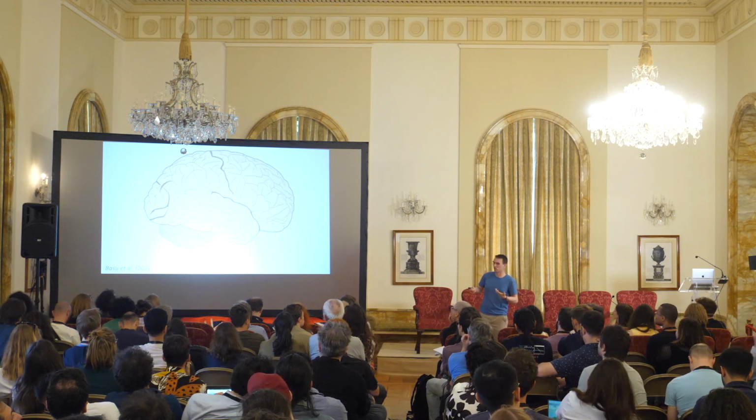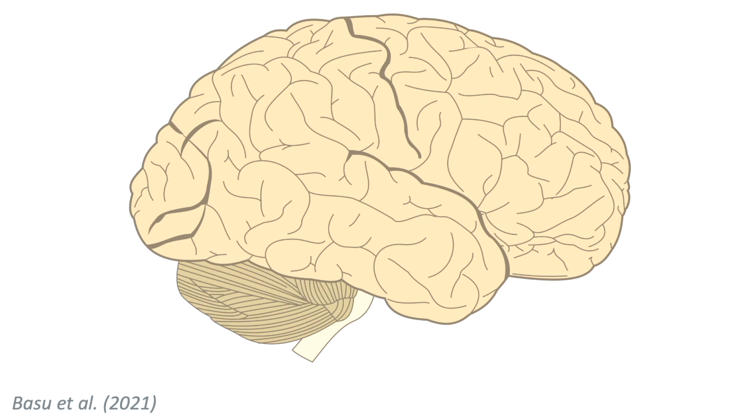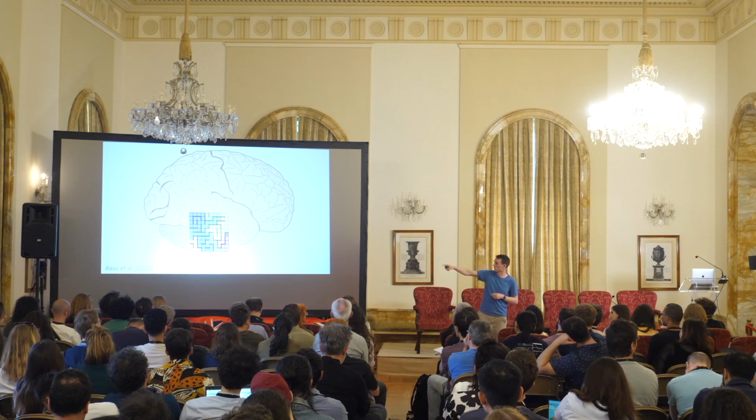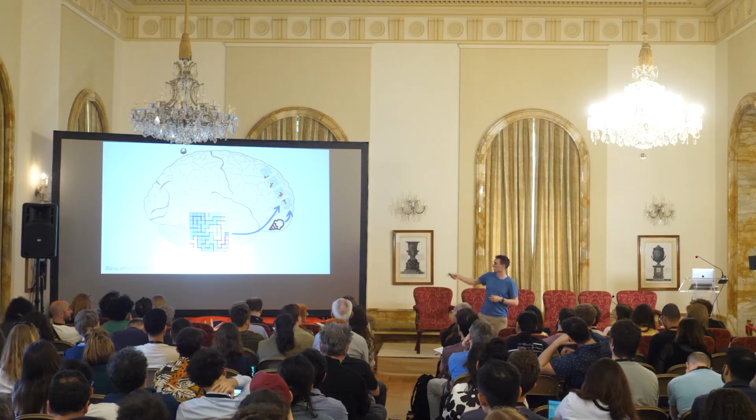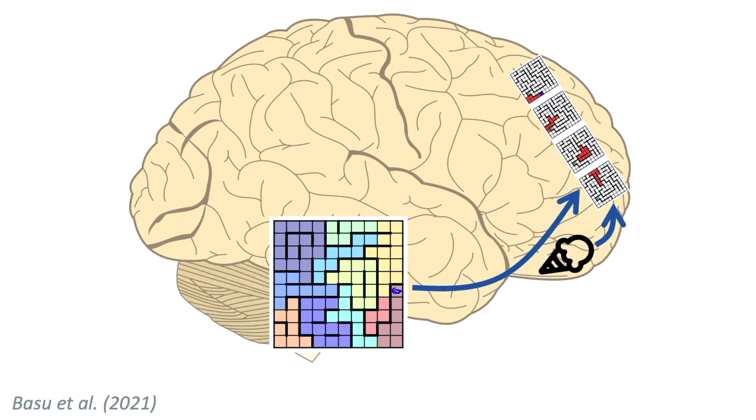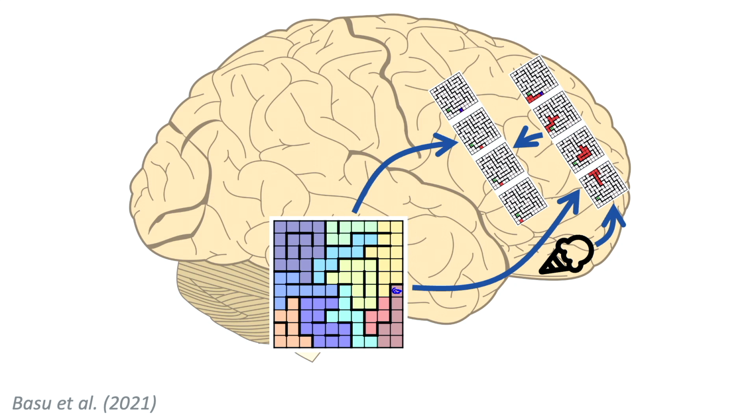And so in summary, what we have is this idea of how you might go about solving these sequential planning tasks by learning a structure of the world in the hippocampus, and then projecting that model of the world up to frontal cortex together with information about what goal you're trying to get to, for example, an ice cream shop from OFC, and that allows you to solve the planning problem in frontal cortex, potentially at multiple different levels of a hierarchy until you can propagate the information all the way back to motor cortex to actually learn what to